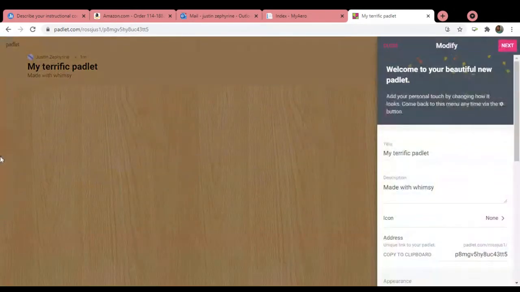And look at what we have here. It basically gives you a template to work with, which you can change. It's going to ask you to change it in a bit. So you should see a page that looks something like this. Now, your wall might look a little different because Padlet is dynamic, and there are social media elements to it. So is everyone on a page like this?